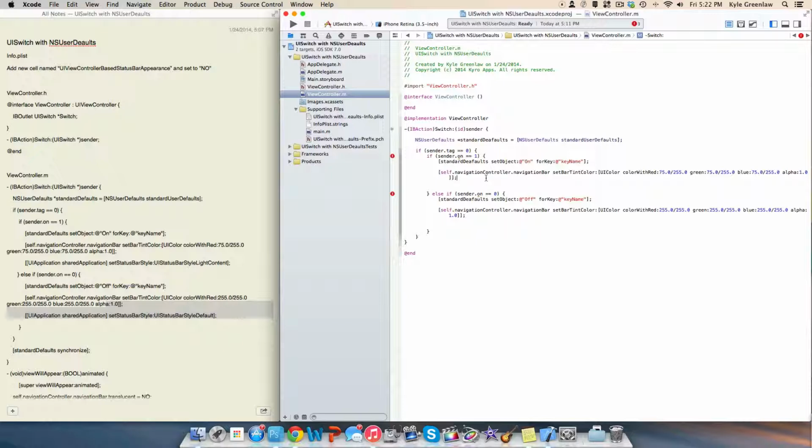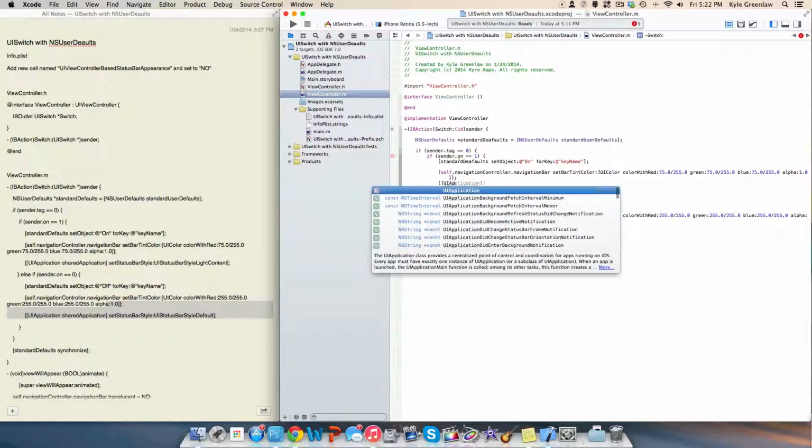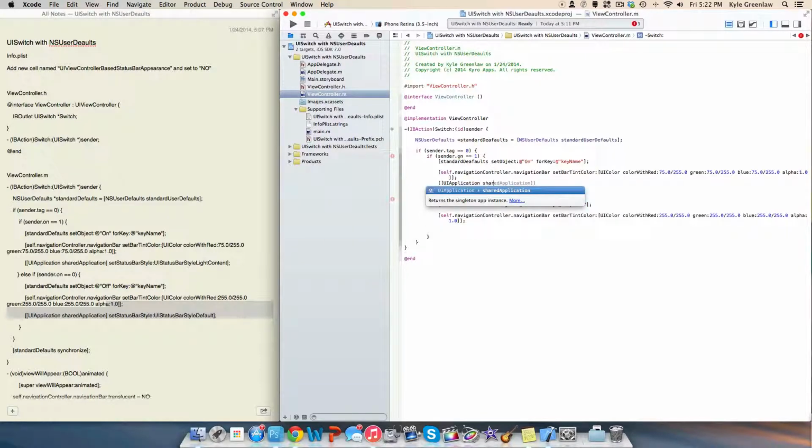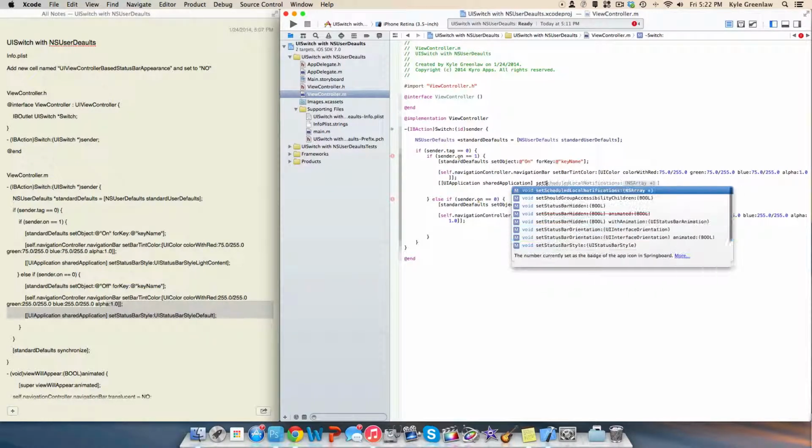So after that's done, we're going to want to set the status bar color to sort of match the background of the color of the navigation bar, because if you have a dark gray, it doesn't really look too well with a black status bar. So let's go ahead and do 2 brackets and then UI application and then shared application, and then the next set of brackets in here, so not closing all of them, just closing one, we're going to set status bar